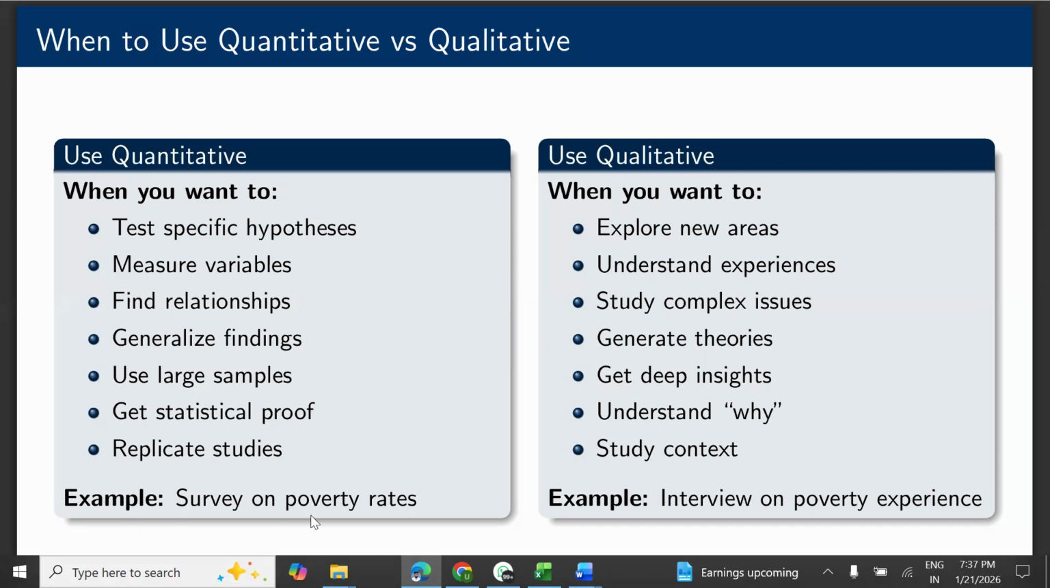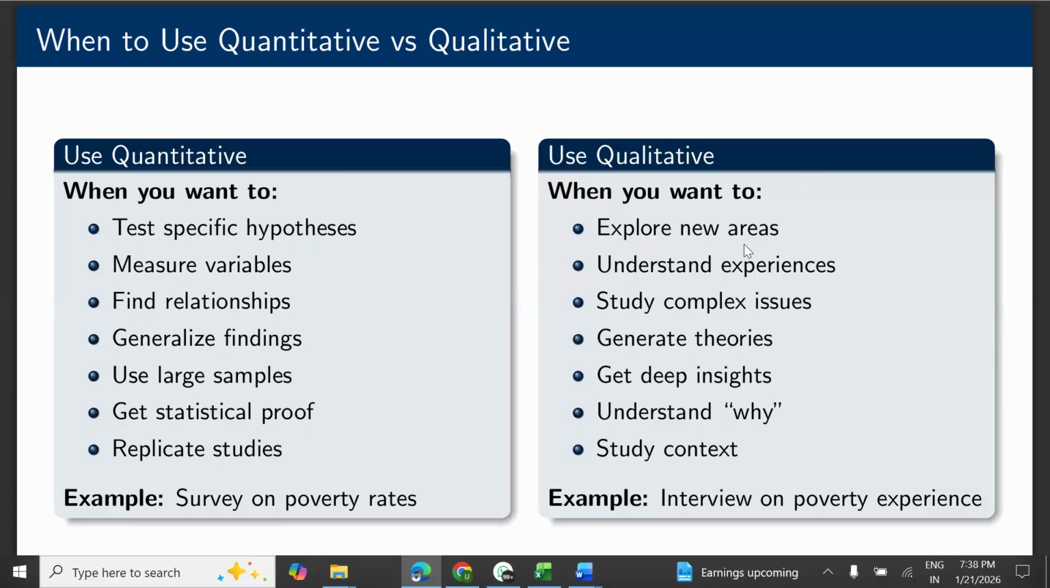Suppose, for example, a survey on the poverty rates. Many of the students are pursuing their dissertation in this area. So you are doing basically a quantitative research. But if you are trying to adapt to qualitative research, then when you will be applying qualitative research,